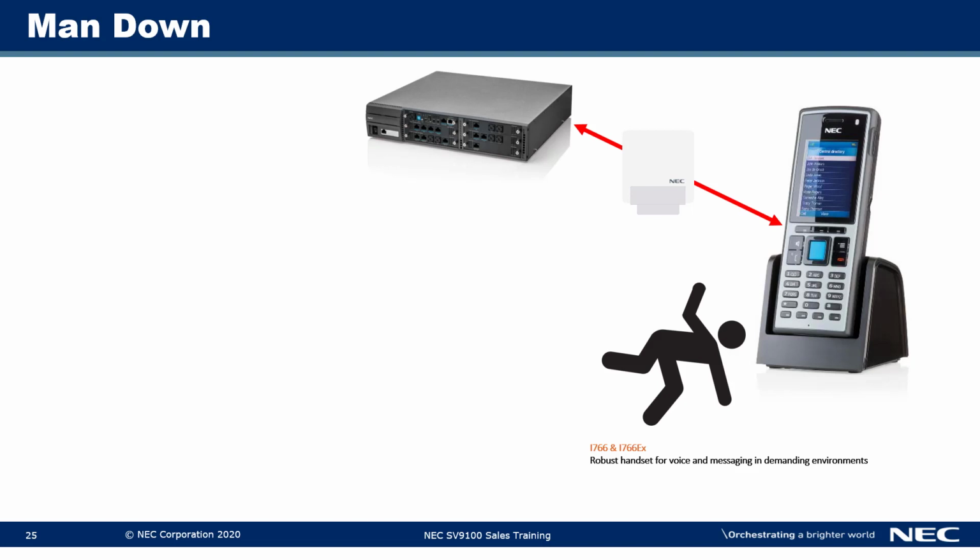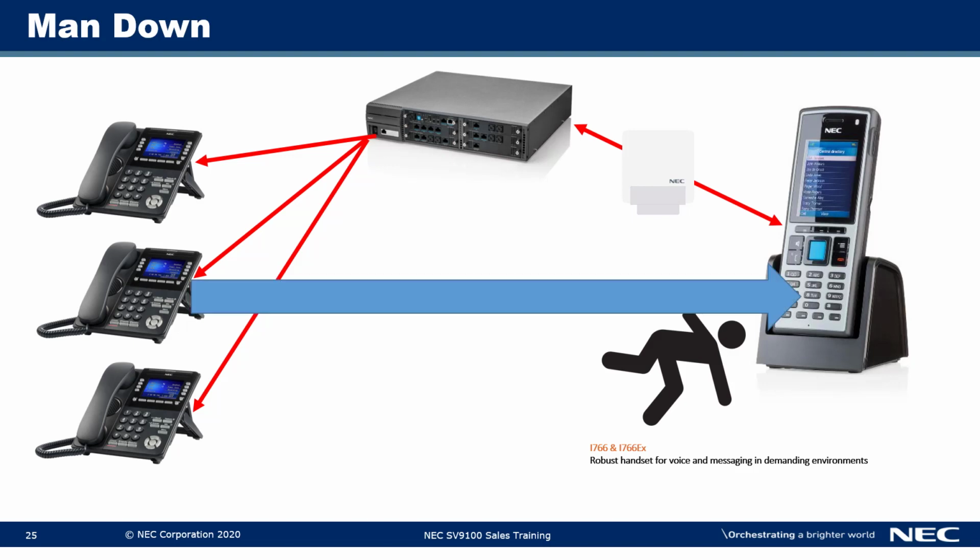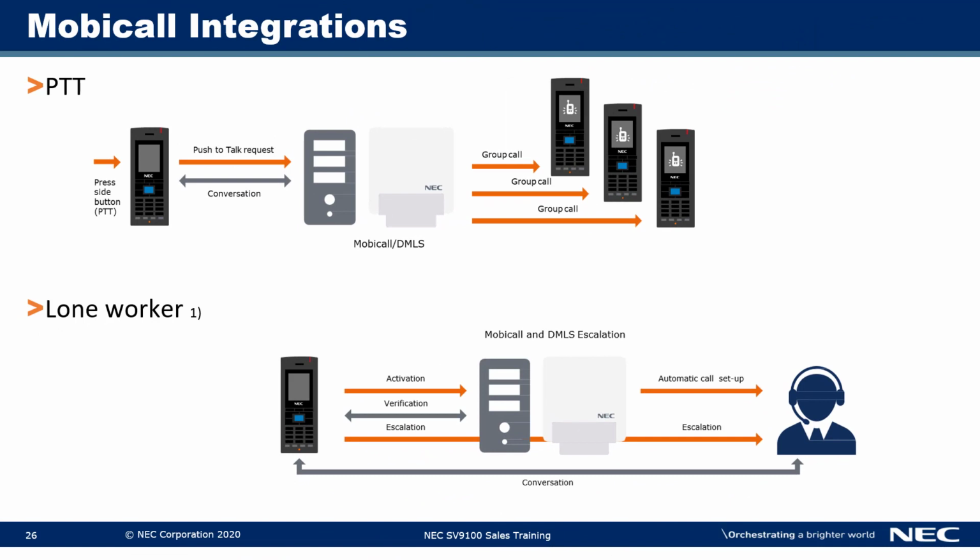If the user doesn't pick the handset up again quickly, what will happen is the SV9100, under program control, will start to alert handsets using a feature which we call park and page. This will announce a pre-recorded message announcing a man down. What will then happen is a user will go to a particular handset and press the answer man down feature key. What this does is immediately set up a voice link between the key phone and the DECT handset. So it's possible for somebody on the key set to communicate to the man down, to ask him what the situation is, and to initiate a recovery action plan. So man down is a reasonably straightforward feature